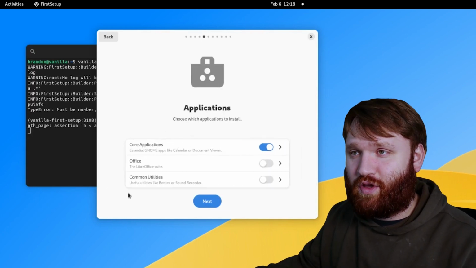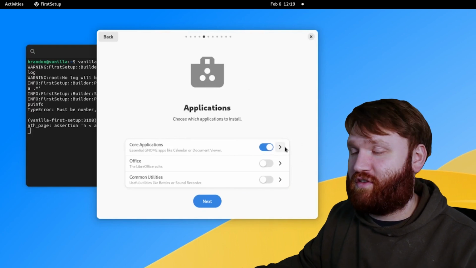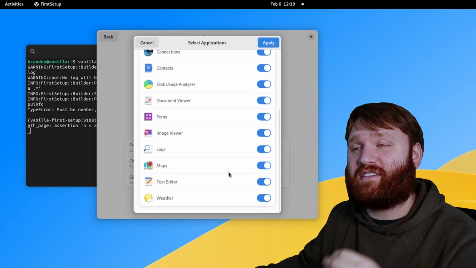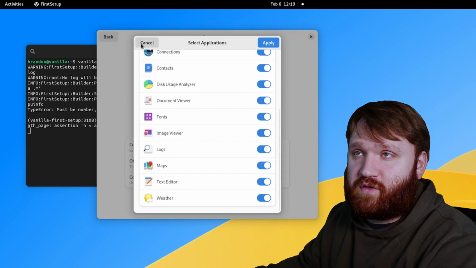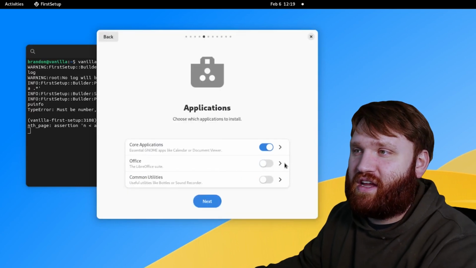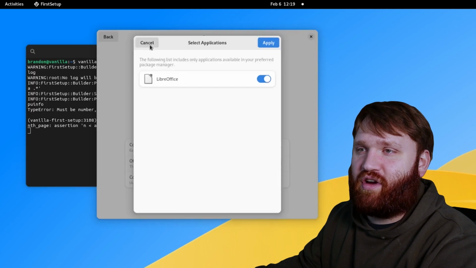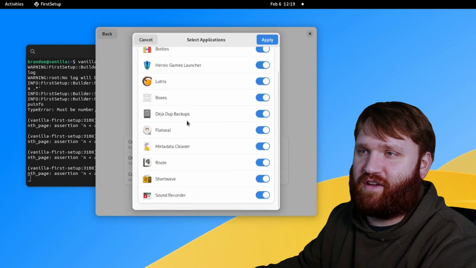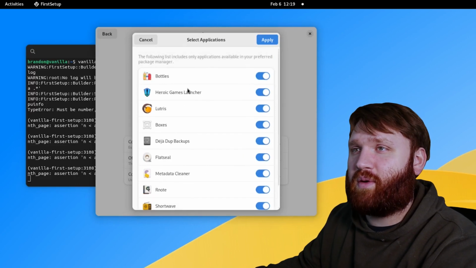Here, this is really cool. You can select what components you want to install. So we have our core applications, and you could go through and select specifically what of those core applications you're actually going to use. You have other options such as LibreOffice, and then down here under common utilities, you're going to have a lot of different things that you might want to add, including Bottles,